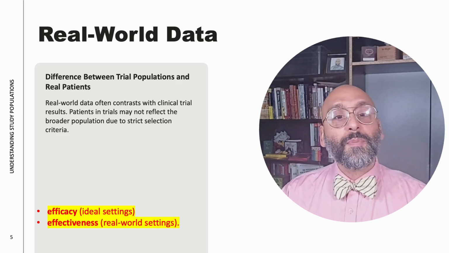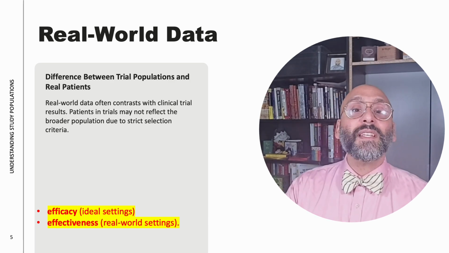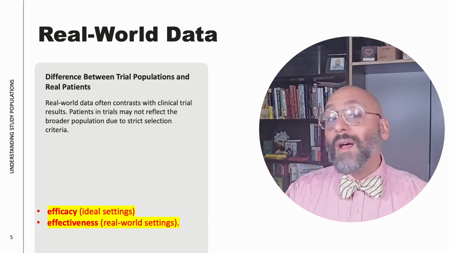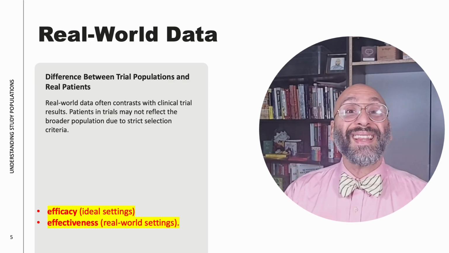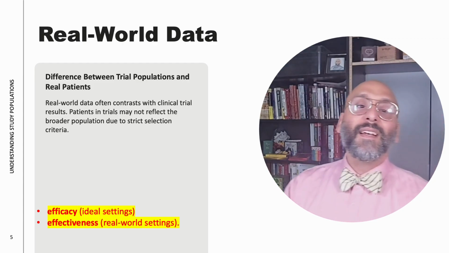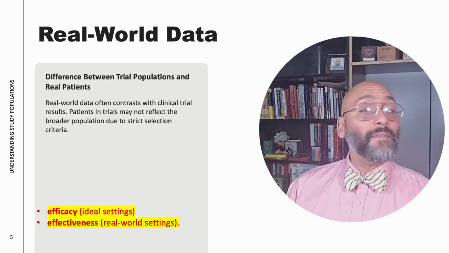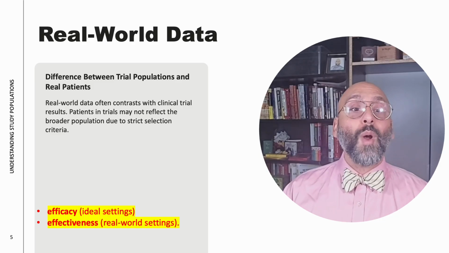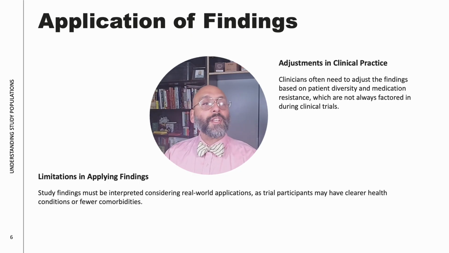So for you as a prescriber, this distinction matters because efficacy tells you what is possible, but effectiveness tells you what is likely. Now, when a medication underperforms in practice, the correct response is not to dismiss the evidence, but to recognize the limits of what the evidence can promise. Well, what happens after you accept that trials and practice don't align perfectly?